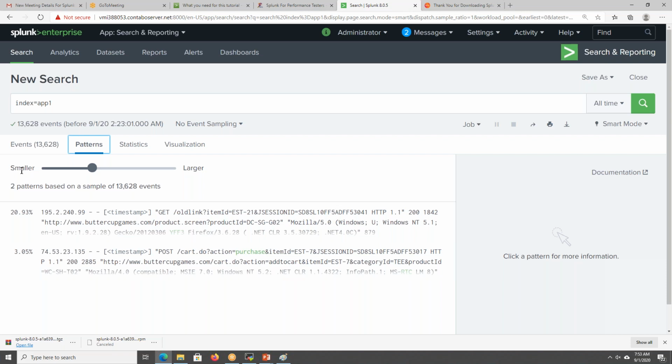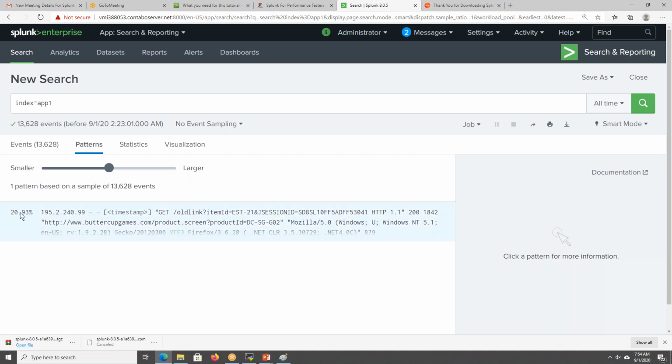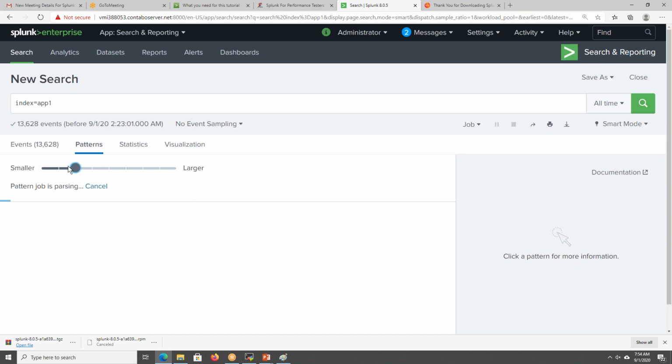There is something called smaller and larger. Only big data people will be using this. If I want small granularity, meaning most of the logs, I can select smaller, and it will display more granularity.